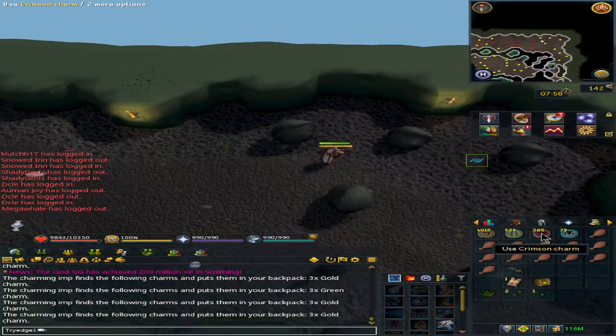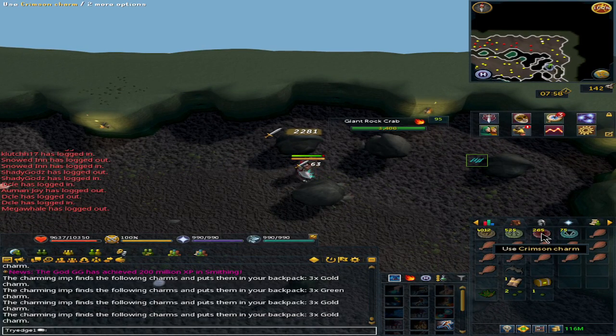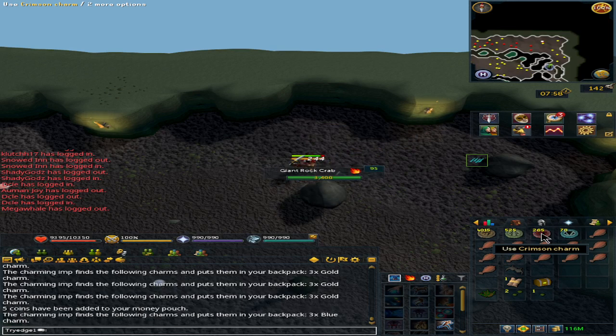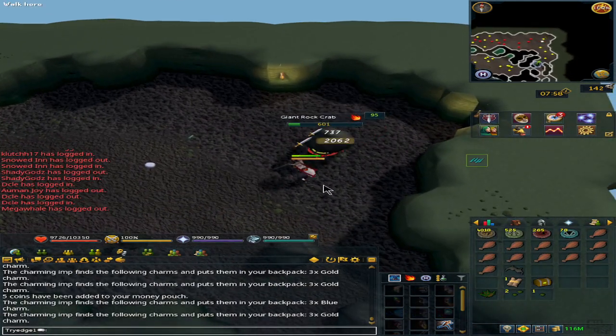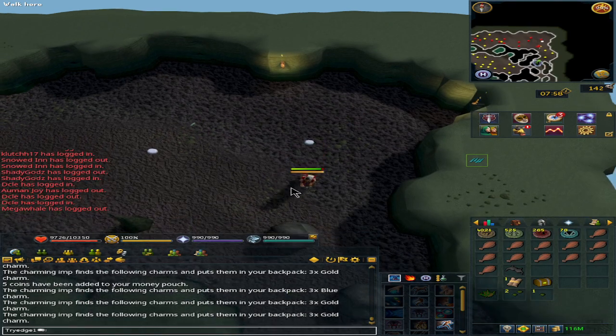Now, again, since this is for a low summoning guide pretty much, you want to keep the crimson and blue charms and wait until you're a higher summoning level, because these are the rarest of the charms and they give the most experience. It's just gold charms are pretty common if you are doing this method, and again, you get